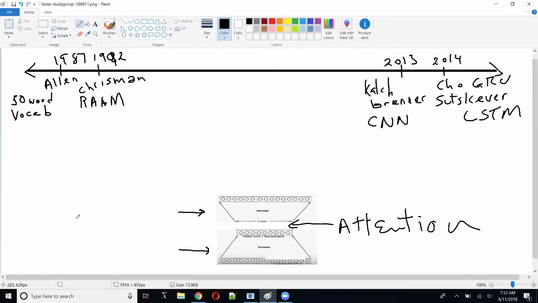Yeah, you're absolutely right. If you're doing 80 languages, 80 times 80 is 6,400 combinations. You don't want to train 6,400 combinations of languages. You just want to train 80, right? And these encoder decoder networks are basically language models, which we've seen in class. That's how you train them, as a language model.